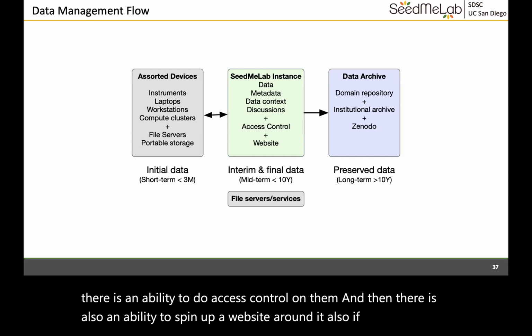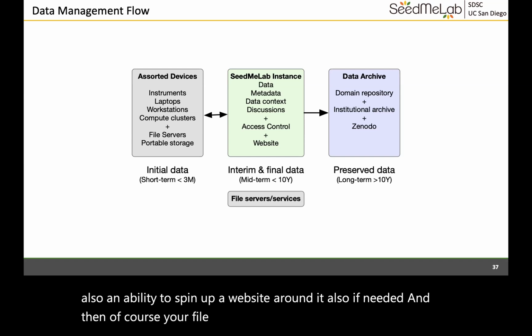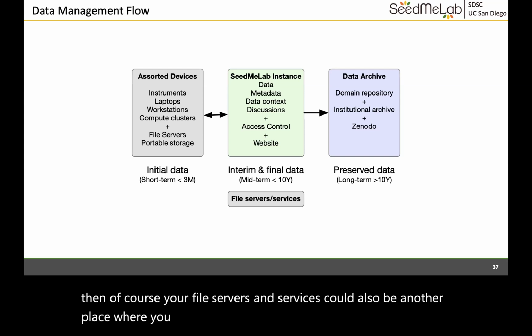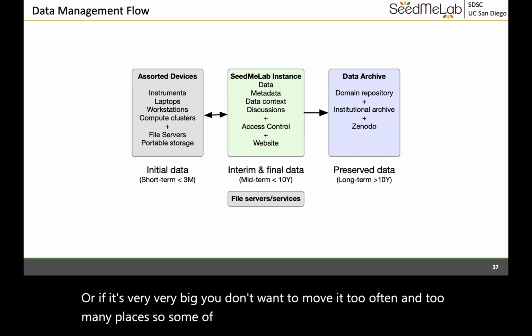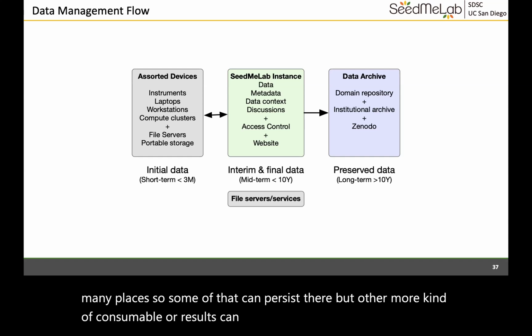Your file servers and services could also be another place where the raw data may be kept, or if it's very big, you don't want to move it too often to too many places. So some of that can persist there, but other more consumable results can be distributed through a SeedMeLab